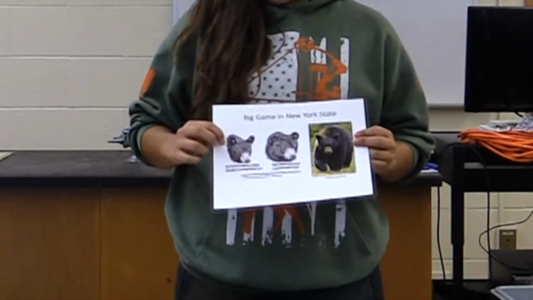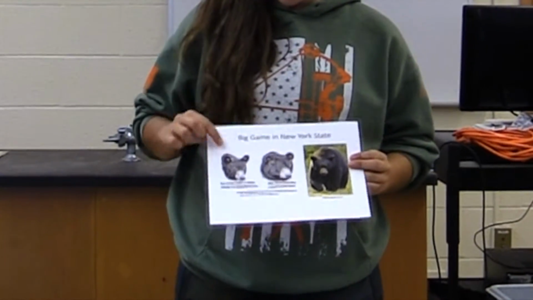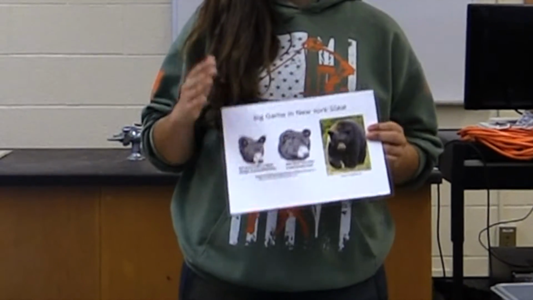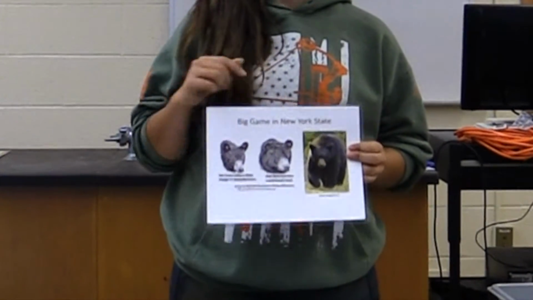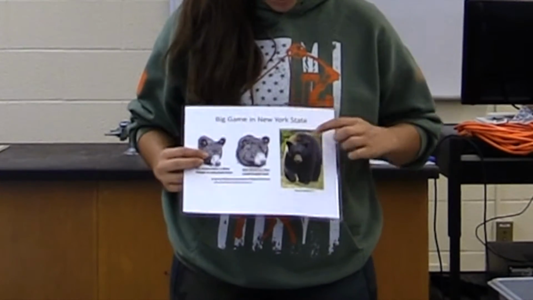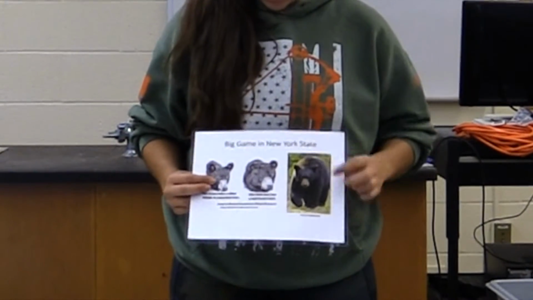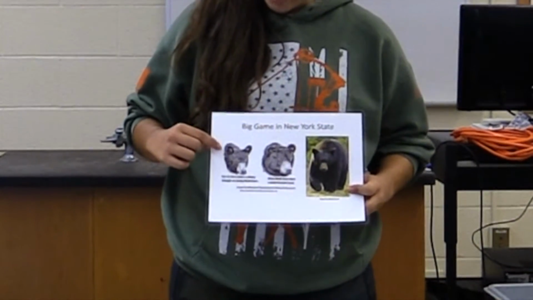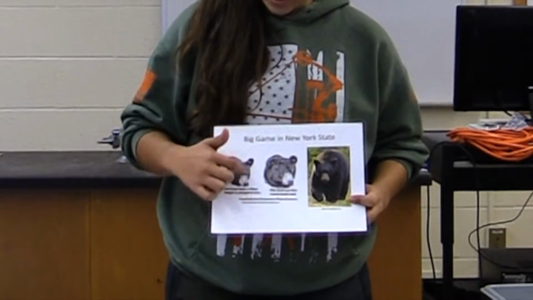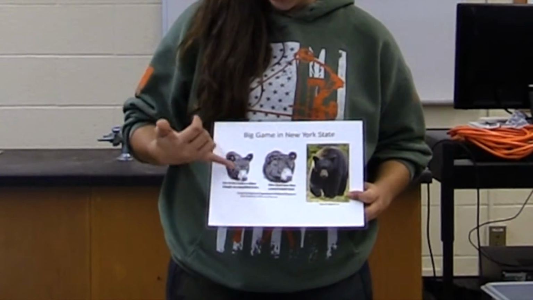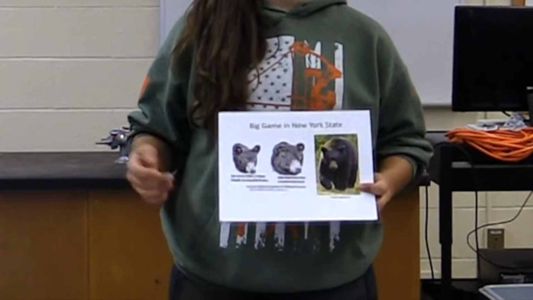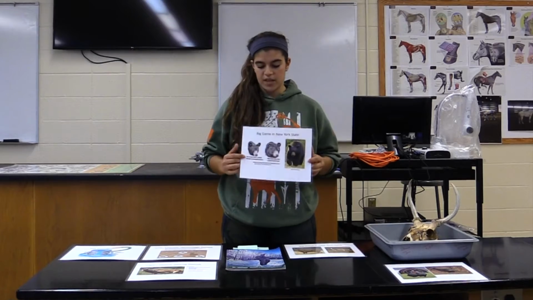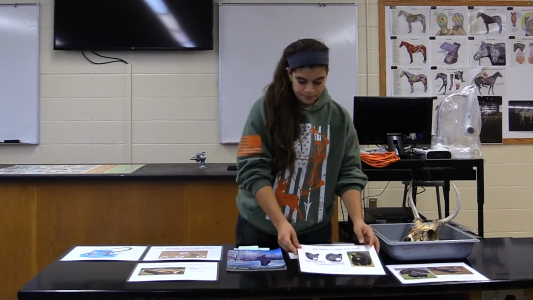And then to distinguish between a young and a mature bear, a mature bear will have a very triangular face. It'll be equal distance between their ears and their muzzle. As you can see in this picture, it's very equidistant between their ears and their nose. And then over here you have a younger bear. You can see the isosceles triangle. The distance between their ears and their nose is a lot longer than the distance between their ears. So they're not mature yet, they're younger, they haven't come of age yet.